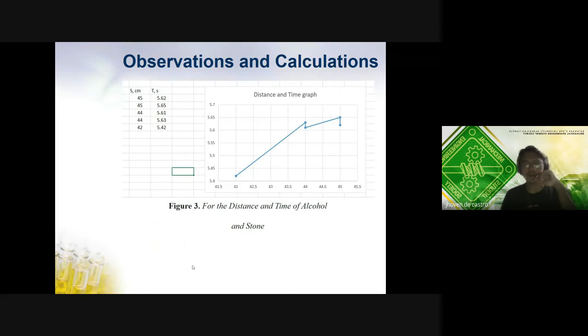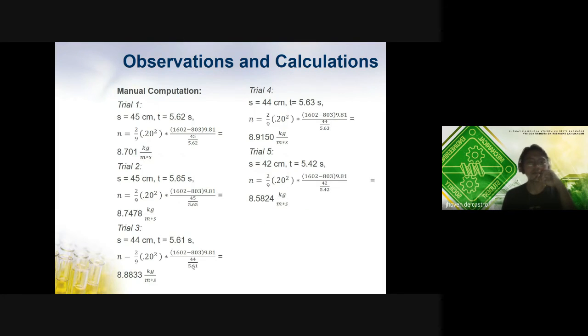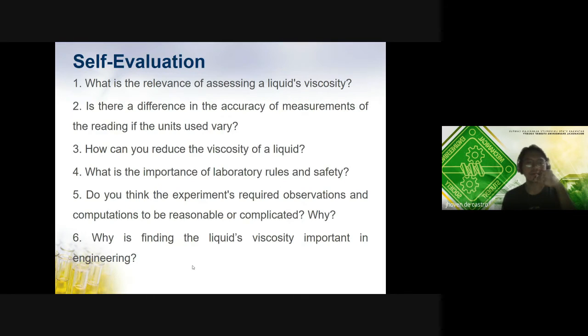We also graph the distance and time of alcohol and stone as presented. For the manual computation, trial 1 to 5, we also use the formula from the theory. So for the self-evaluation, for number 1, the question is, what is the relevance of assessing the liquid's viscosity? So for our answer,